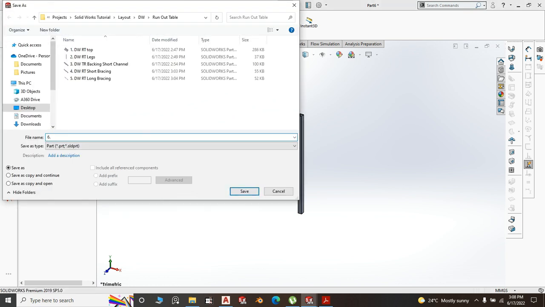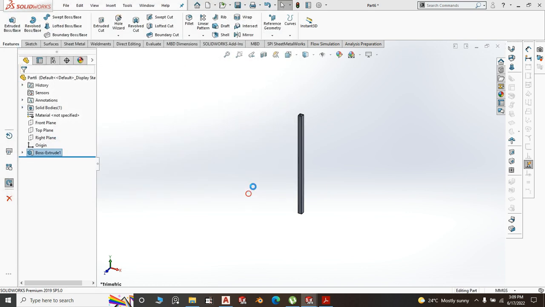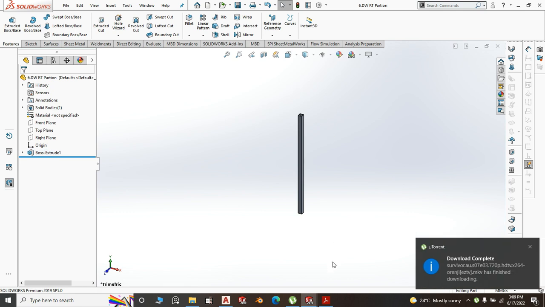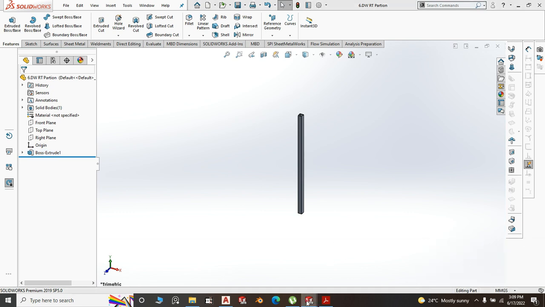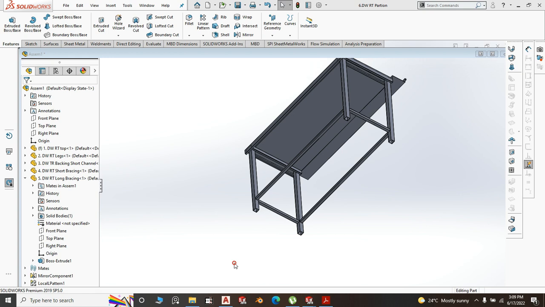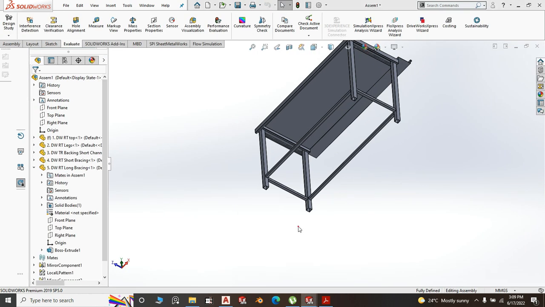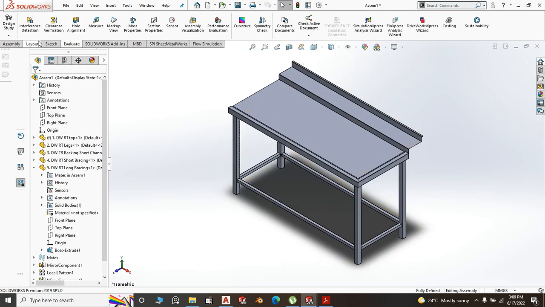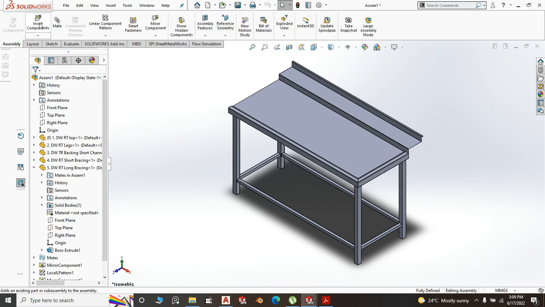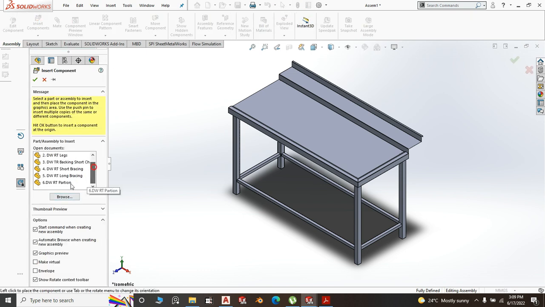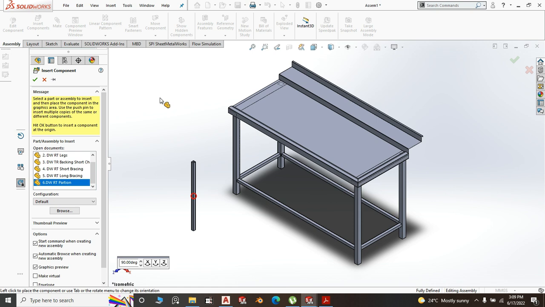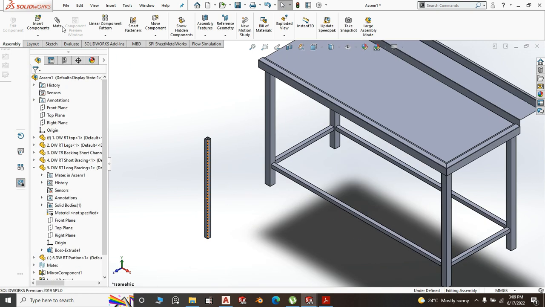Part number 6, DWRT. What do we call this? Partition. And save it however way you want, whichever makes you happy and whatever is easy for you. So insert component, simply insert component, partition is the component, and mate component,